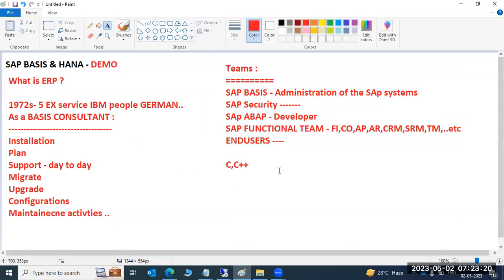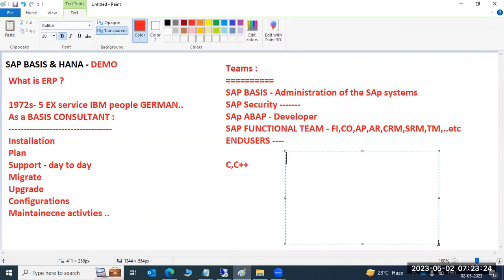Previously we discussed some architectures, right? R1, R2 architecture, R3 architecture. Then what next? Now it's S4 HANA architecture. They have changed their naming convention.